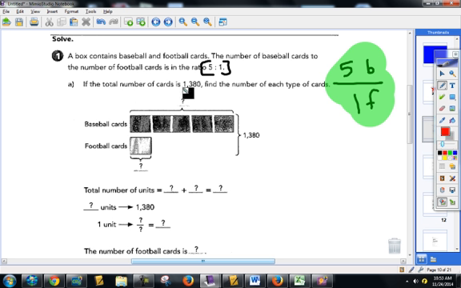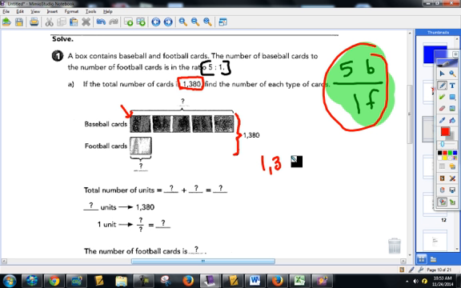If the total number of cards is 1,380, that means all total, all the football and the baseball cards. We need to figure out how many cards one little square represents. And we're using this ratio. Everything is based on that. So we're going to do